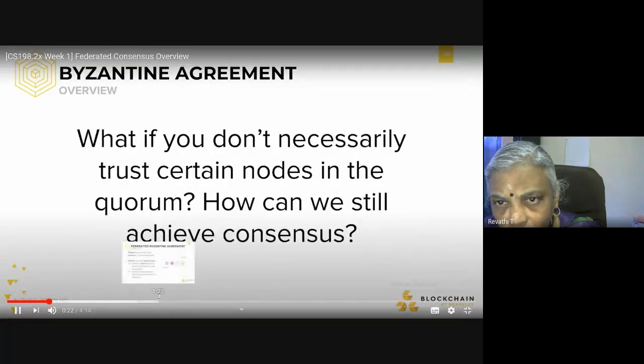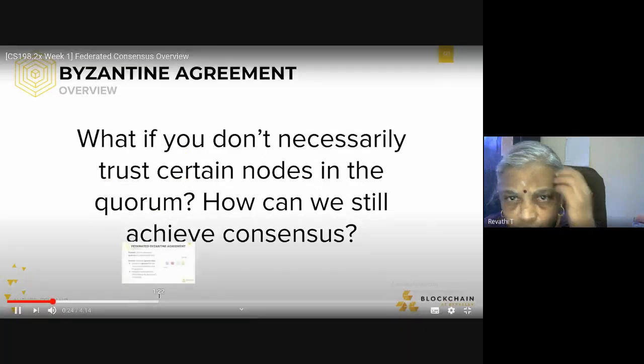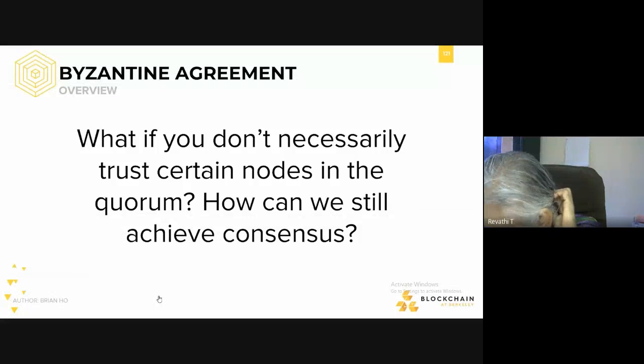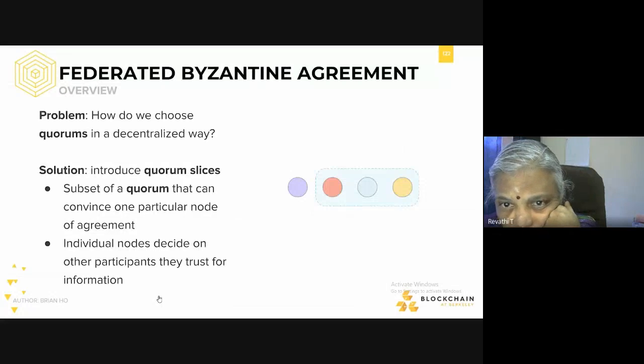Let's say you're part of a decentralized distributed network, but you still can't choose which nodes to trust. How can you and your peers still come to consensus without relying on a central party to dictate the truth? This is where the concept of a federated Byzantine agreement comes in. Rather than relying on a central actor to choose quorums for us or to decide the truth for us,